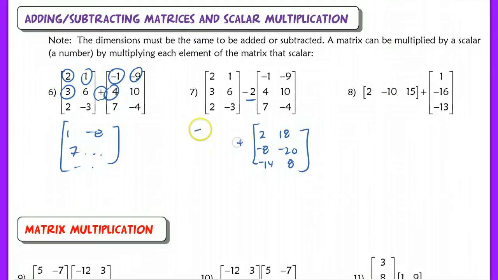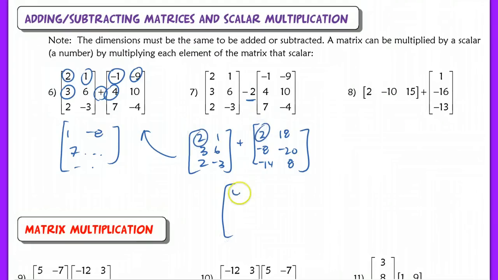Now I simply add that to the original matrix here that was listed first, just like we did in this problem here. So I'd end up with 2 plus 2 to give me 4, 1 plus 18 to give me 19, and so on. Okay. Now in problem 8, this is an example of something that you cannot add because these dimensions are not the same. Okay, they have to be in the same position in order to be able to add the 2 elements